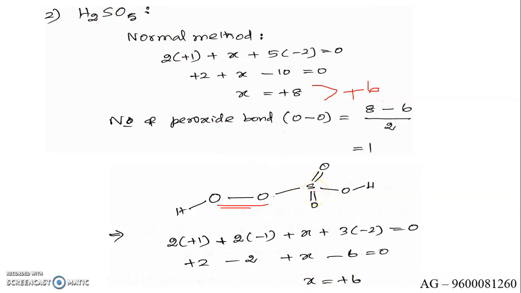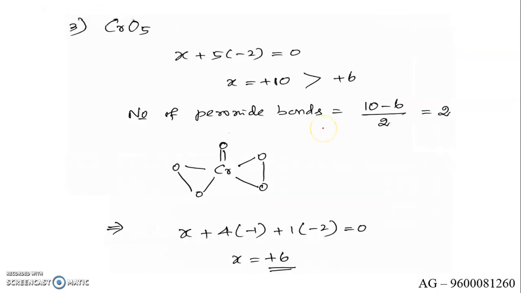Are you clear? And what is the name of this compound? This compound is actually a peroxide, so it is called peroxymonosulfuric acid. Right, this is the name of this compound, peroxymonosulfuric acid. And it has a common name. What is the common name of this compound? Caro's acid. Correct? Caro's acid.